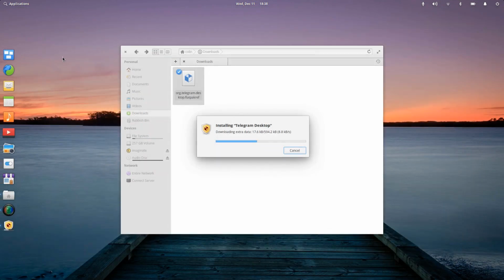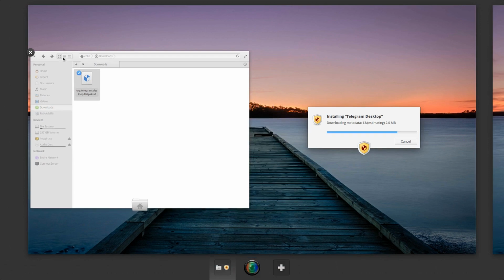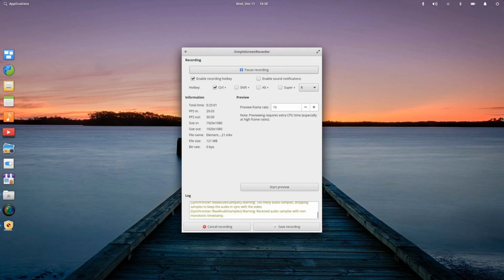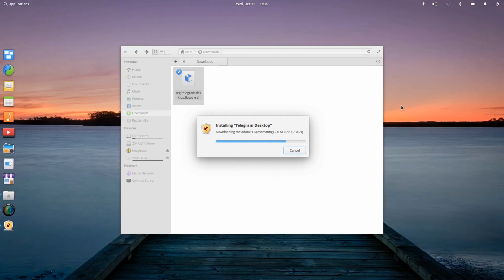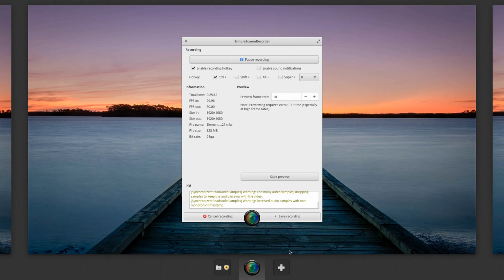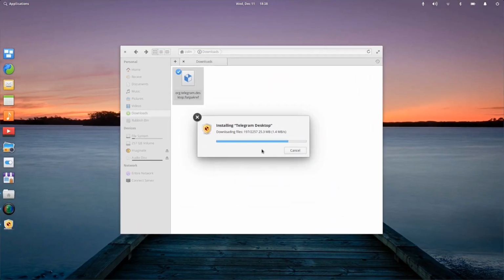So what I find a little bit of a struggle with Elementary is the fact that I have to work out how to go from window to window. Because there's no minimize. So I find that a bit difficult, but I can see that after time you can get used to it. So you can go to different workspaces. And once you get used to the keyboards, it's not too bad. Or you just use your multitask view. So you're probably best